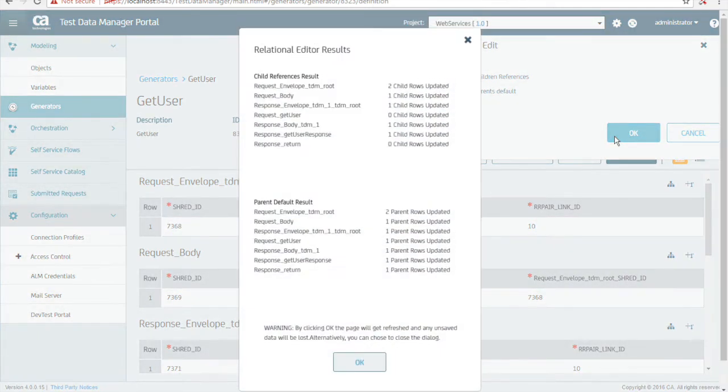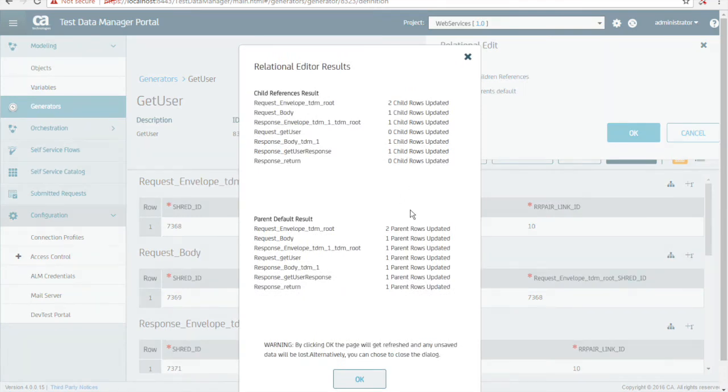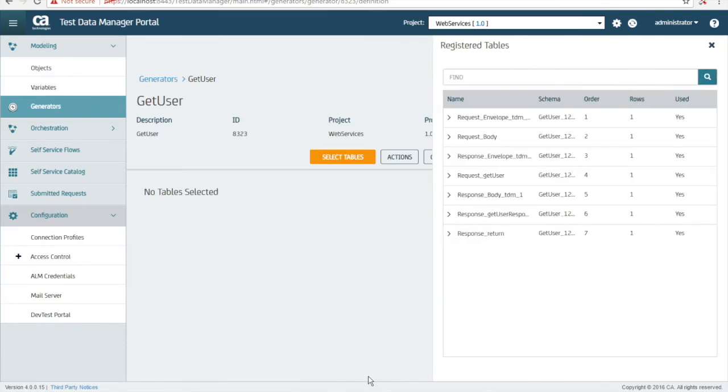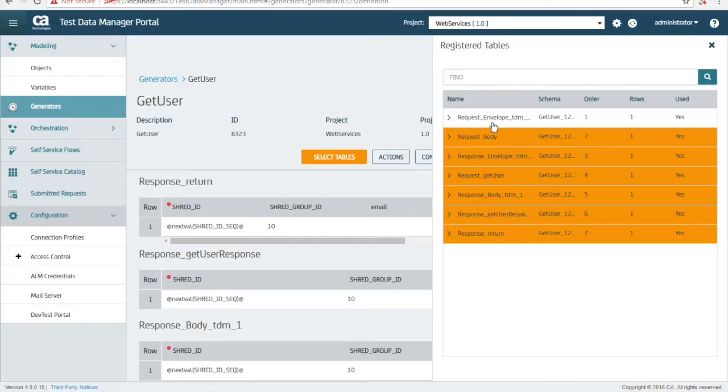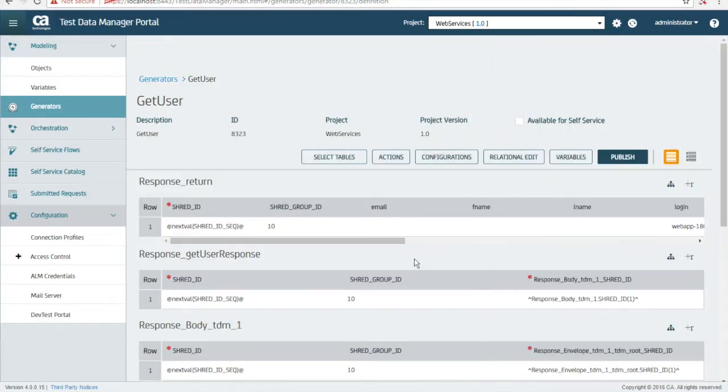So if I click OK, we'll get a snapshot of what relational edits are going to be made. Click OK, and then we'll go and update our generator. So I'm going to quickly pick all of those tables again, and I can now start to parameterize this. So we go down,